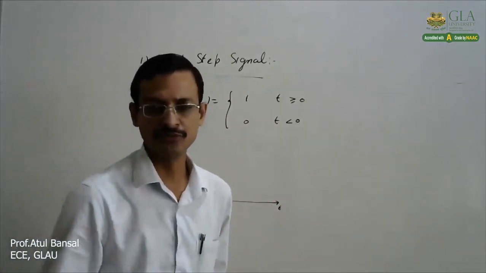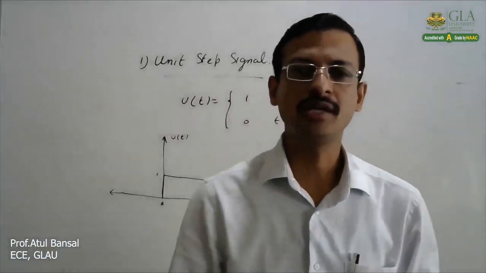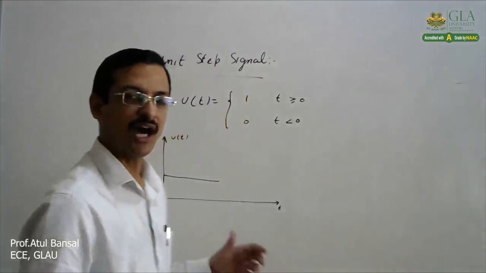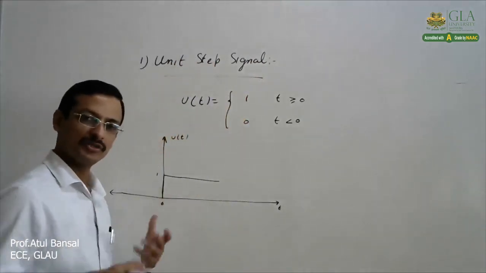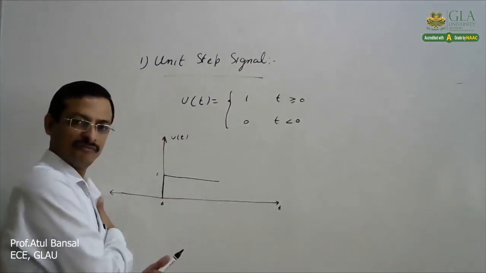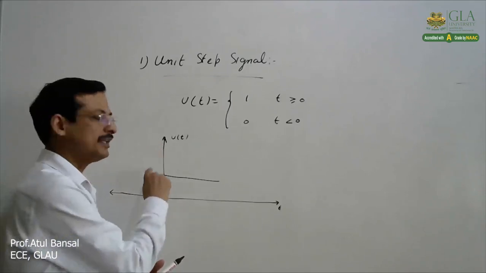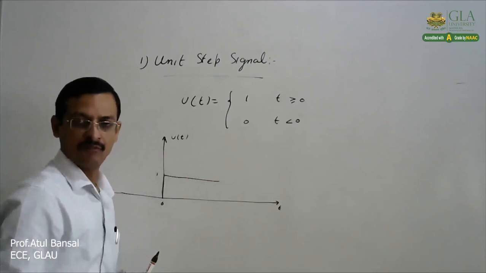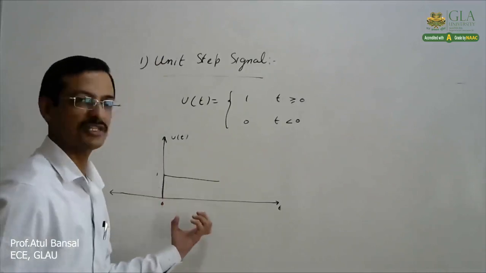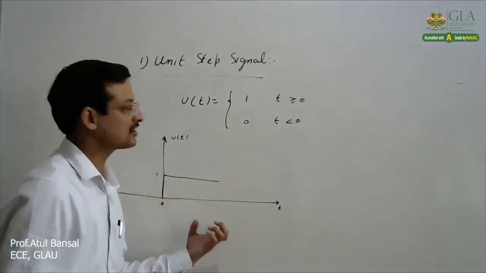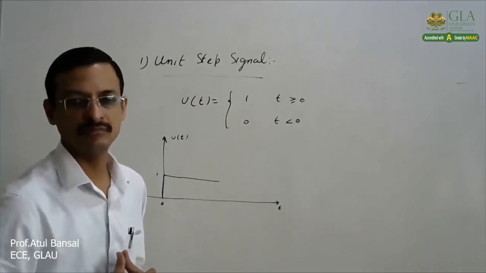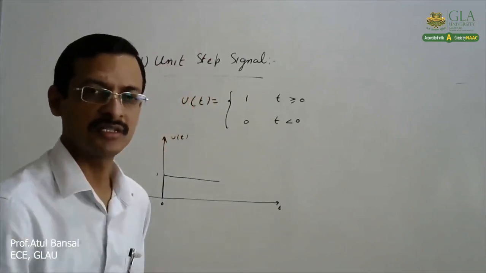Now this is a very useful signal because whenever we want to do the analysis of a signal or system, we ask what is its step response. Step response means how suddenly the system changes. Like suppose you are using a mobile phone on charging, and initially it is off. The moment you switch on the charging, suddenly the voltage increases. How will the electronic circuit respond or behave? That type of analysis is required. So we use the unit step signal. This is a very important, common signal. Other than this, there are a number of places where we require it in communication or signal and system analysis.